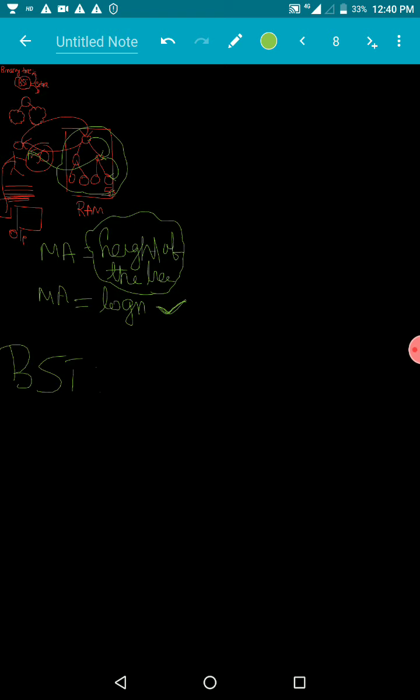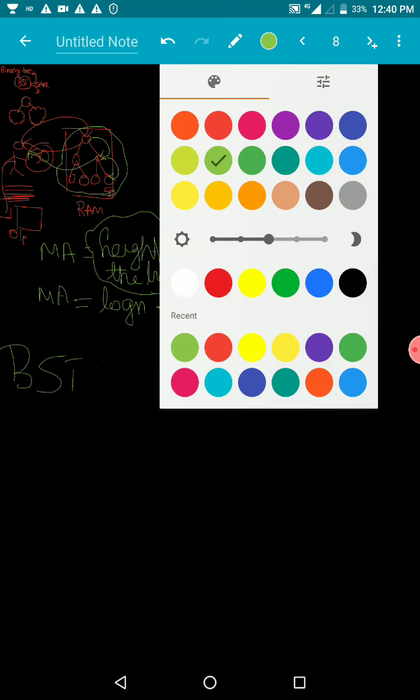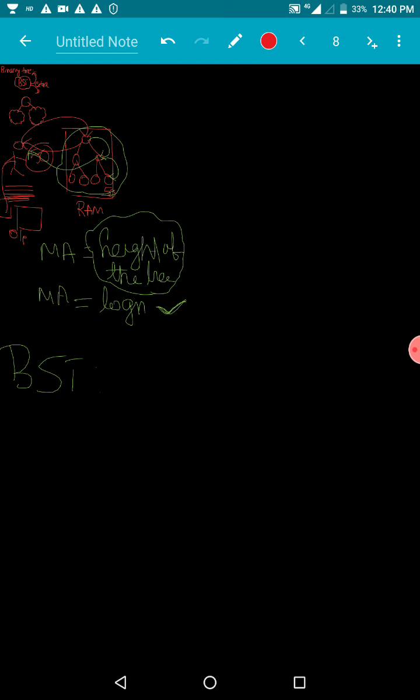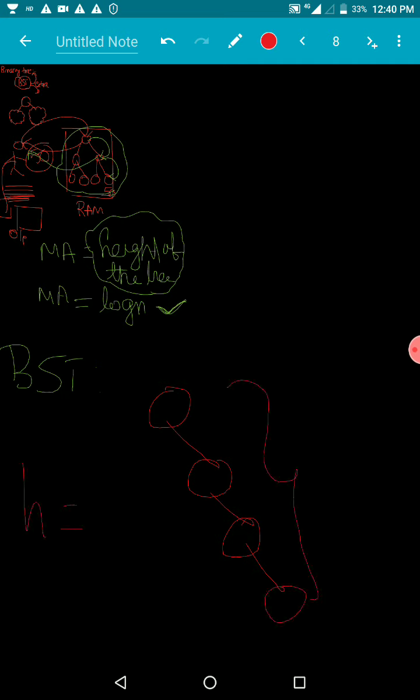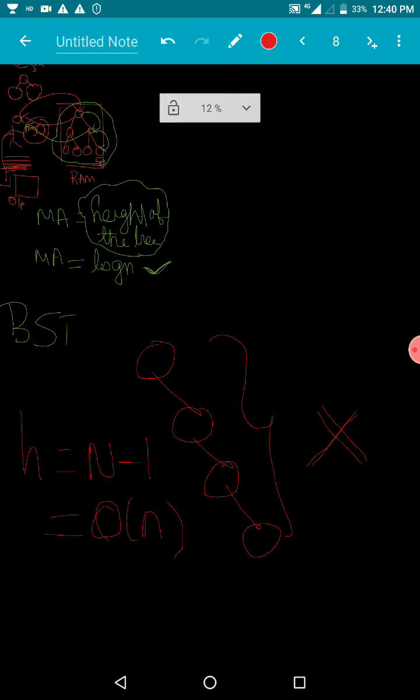But the biggest problem with the binary search tree is that a full binary tree is only one form of binary tree. In the worst case, a binary search tree can look like a skewed chain. Here we already found the height of the tree, h equals n minus 1. So the number of main memory accesses is order of n. This is the worst case. So the binary search tree is not an efficient algorithm.